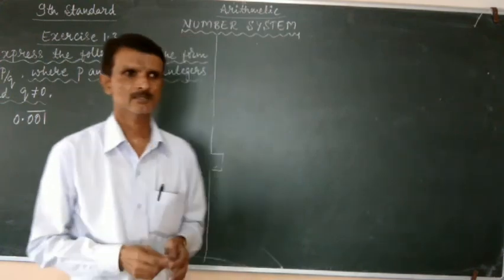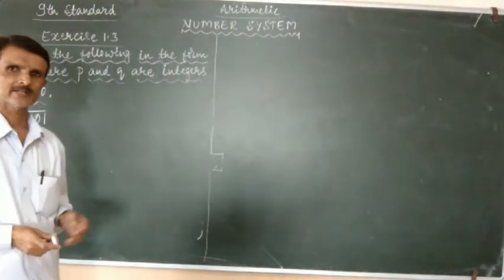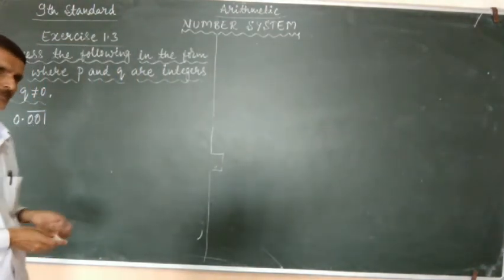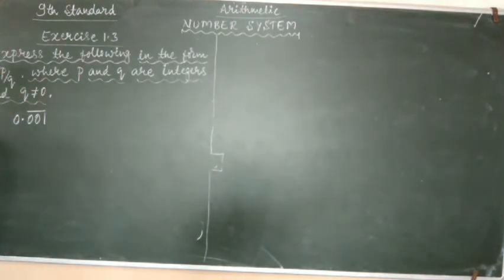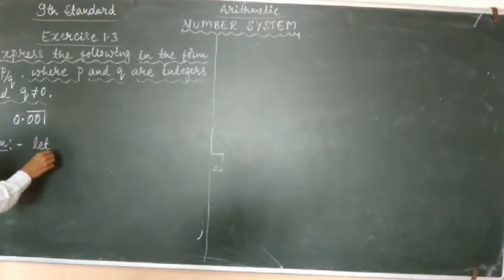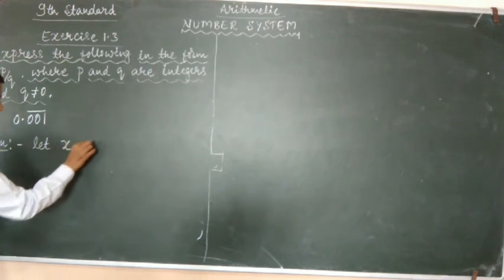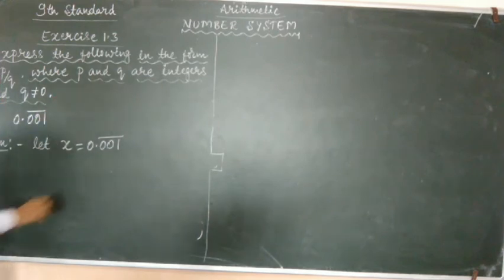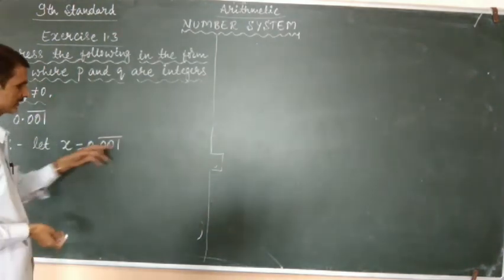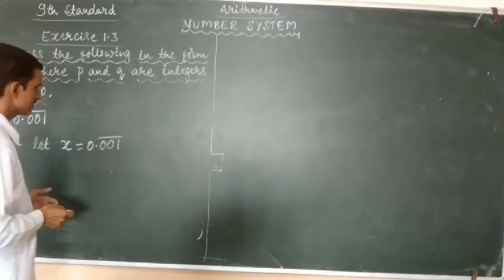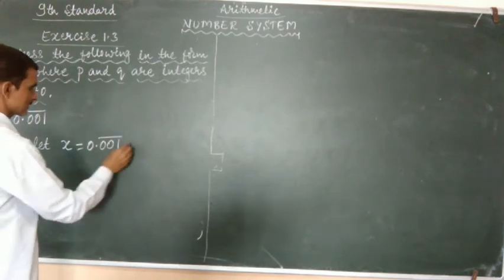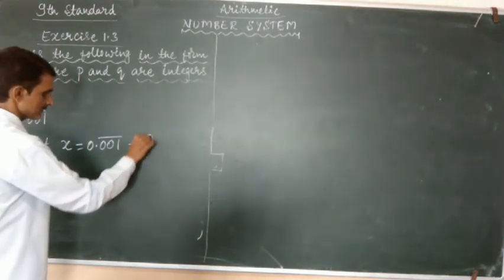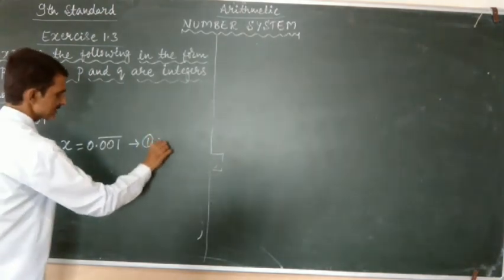In a similar way to what we have done in the previous problems, let us take x equals 0.001 bar. Here, after the decimal point, there are 3 digits. So call this equation number 1 and multiply this equation by